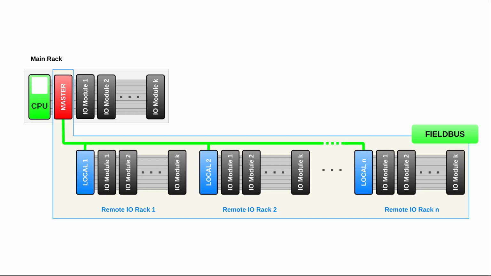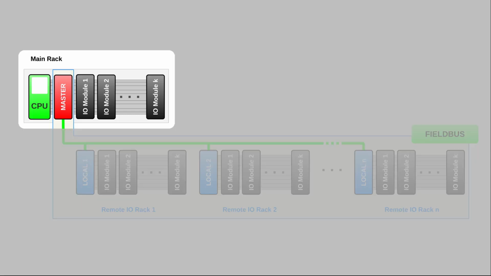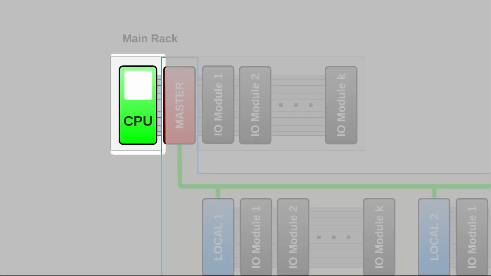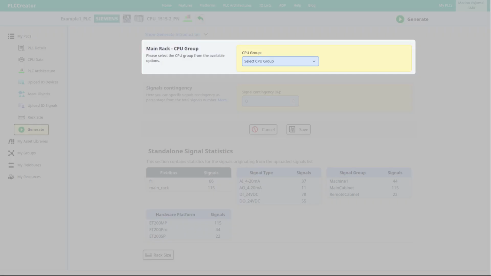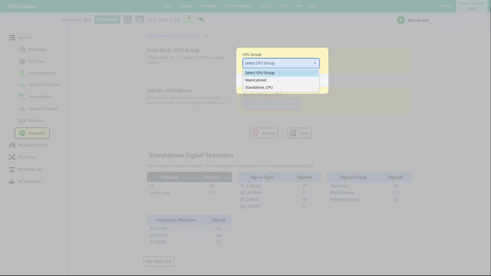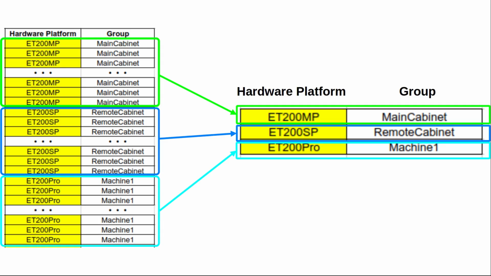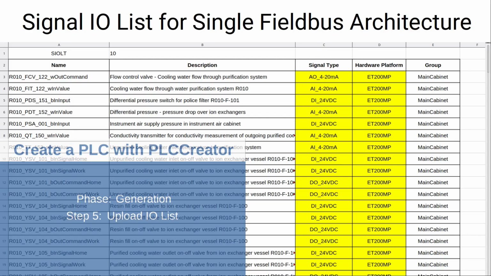Before initiating the PLC generation process, you must select the PLC main rack. This main rack houses the PLC CPU module. The selection process involves selection of the group, referred to here as CPU group, from the selection list. This selection list is derived from the unique combinations of the hardware platform and group columns, from the uploaded iList